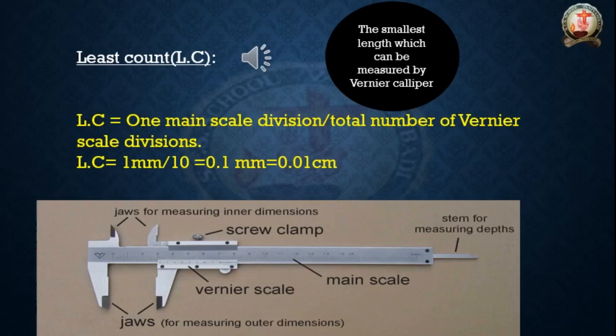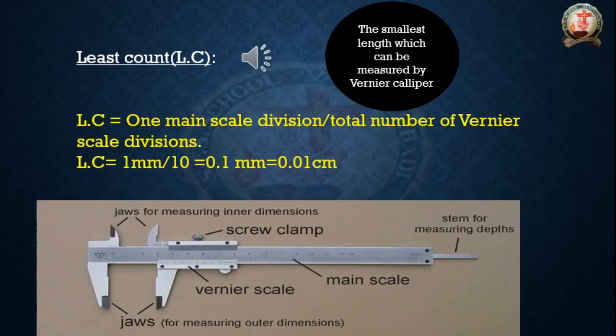0 to 1, that is 1 centimeter. 1 to 2, that is 1 centimeter. Again 2 to 3, that is 1 centimeter, like 1 centimeter, 2 centimeters, 3 centimeters. But in between 0 to 1, how many lines are there? 10. In between 1 to 2, how many lines are there? 10. So that is what? 10 millimeters. So 10 lines means each line is 1 millimeter.